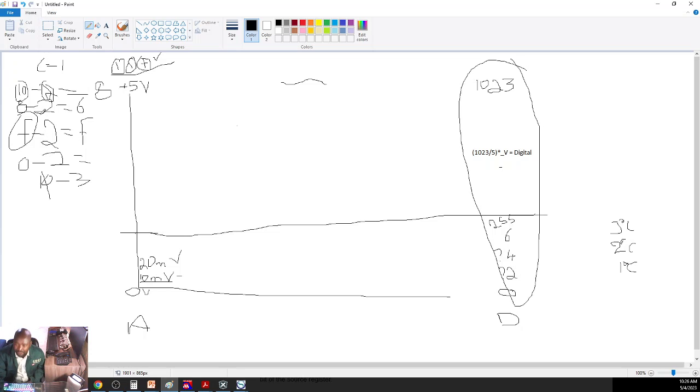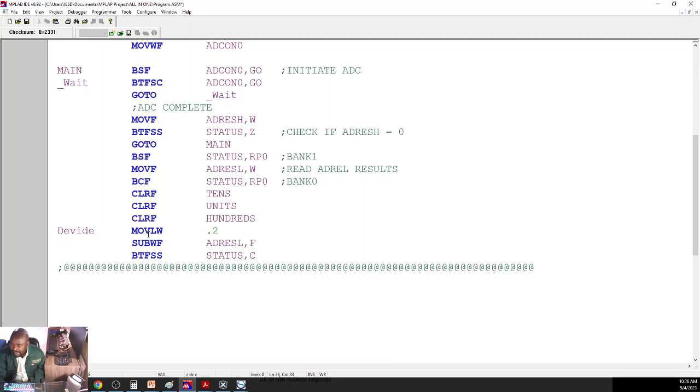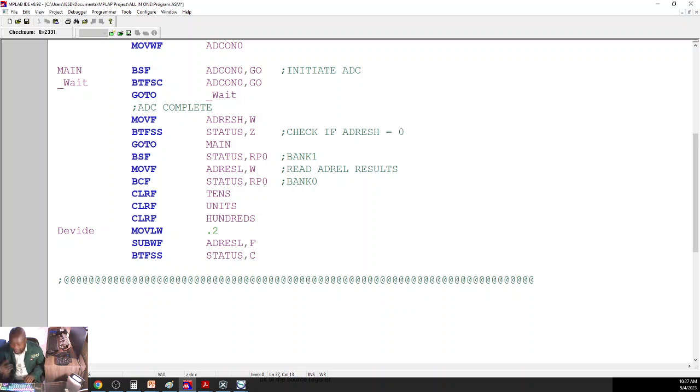So as long as we have a positive result out of your subtraction, it means you had a bigger number minus a smaller number. The carry bit will always be set. That's the principle we are using here. Say, move 2 into W. Subtract that 2 from the result. If the result was greater than 2, the result will be positive and the carry bit will be set. And if the carry bit is set, we skip. But if the carry bit is not set, we say go to